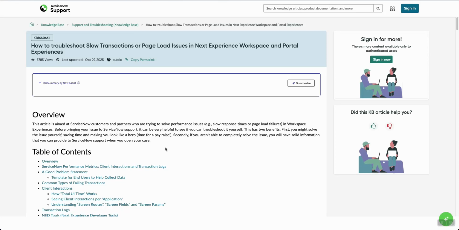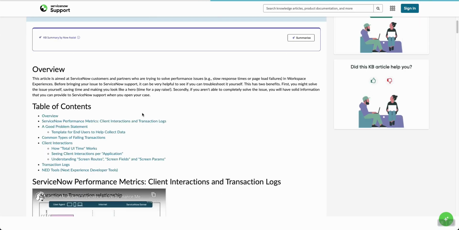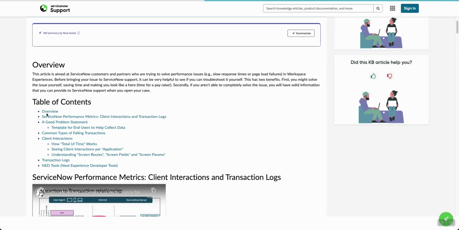All right, today I'm going to be talking about how to troubleshoot slow transactions and page loads in Next Experience. And there's an article all about this on the ServiceNow support site. This is the article number, and I'll also put a link in the YouTube video. And the contents of this page include how to make a good problem statement so you can send the good